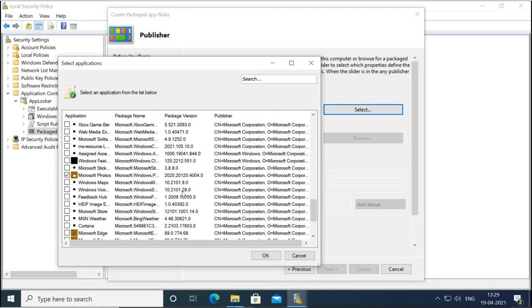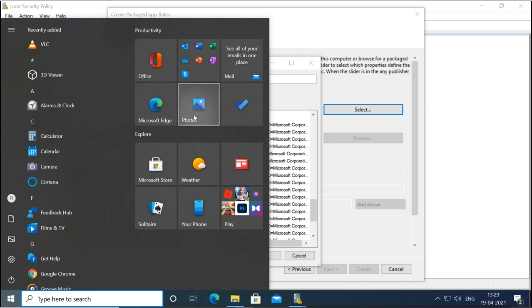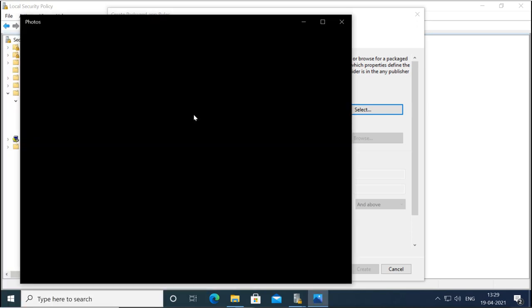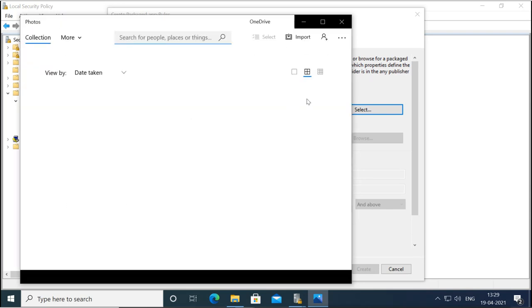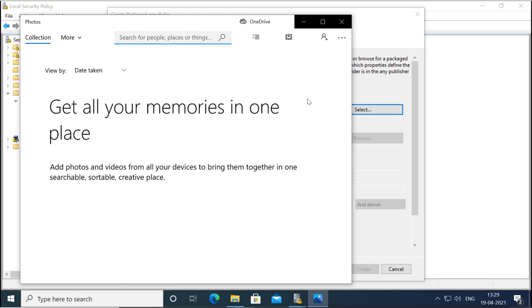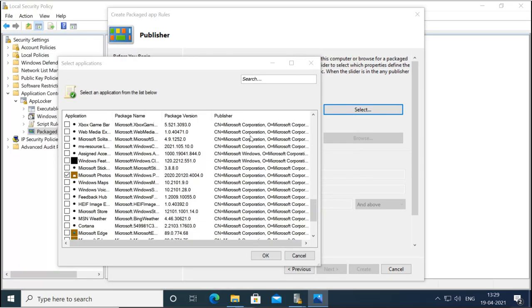So this is our Windows Photos, and right now it is working. It is used to see your photos and arrange your photos on your desktop. So I select the Windows Photos app and I select OK.